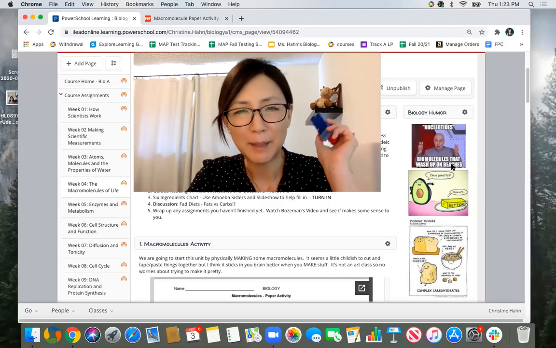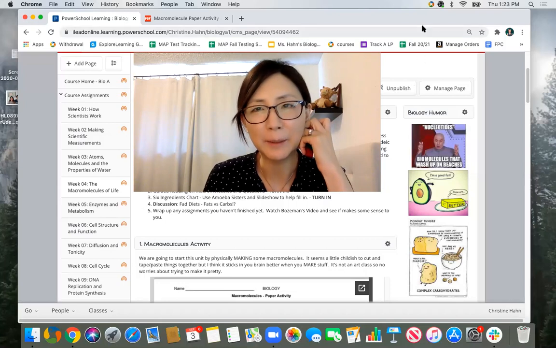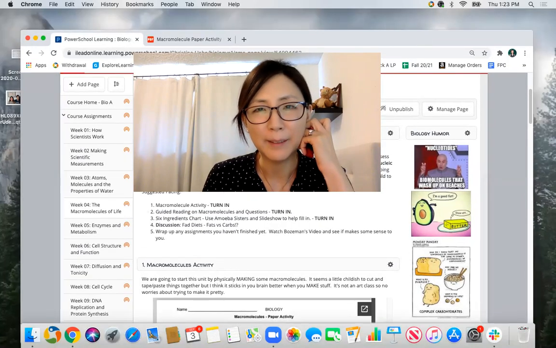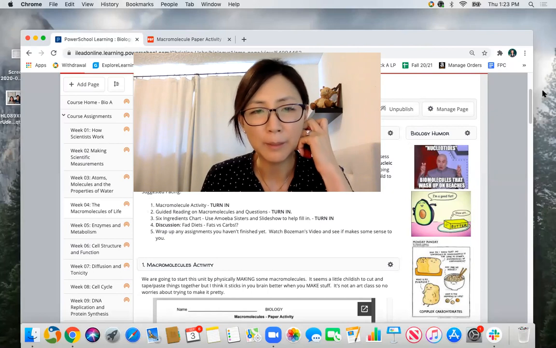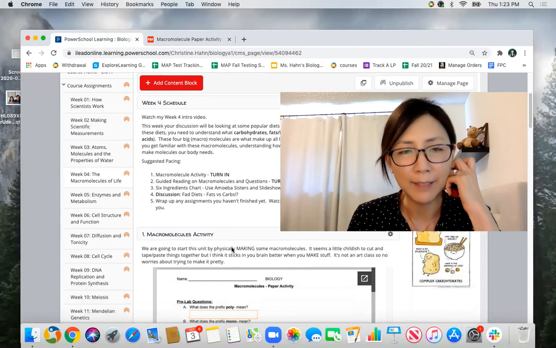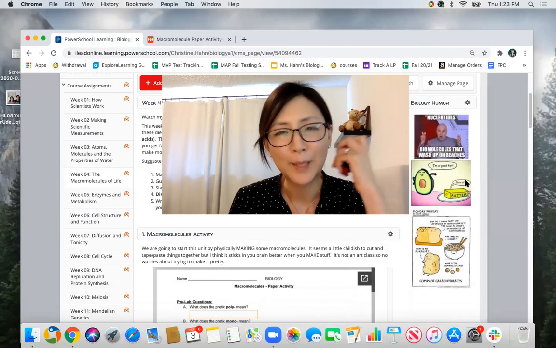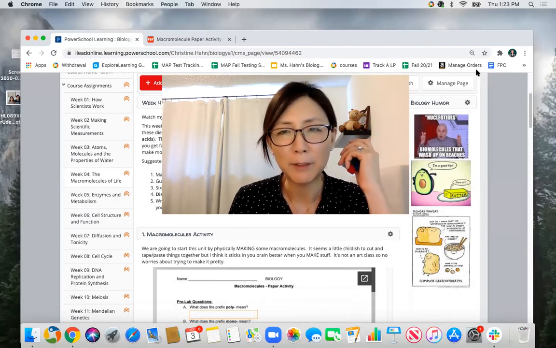We're going to be learning about macromolecules this week, and I have a nice little Lego demonstration for you. I'm going to go over the plan for the week, and I'm going to go over this first activity so you know how to do it. But just to introduce macromolecules a little bit,